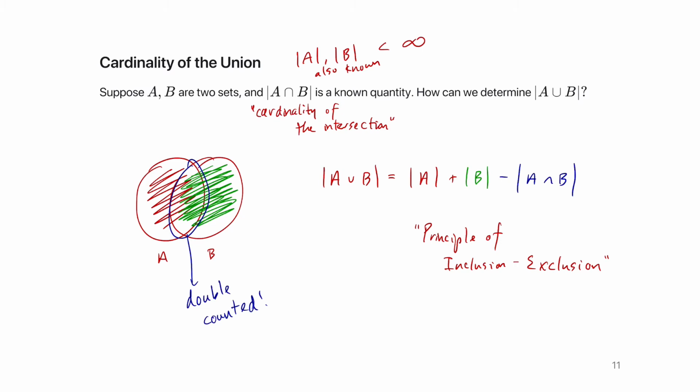And we can actually extend it to 3 sets or 4 sets or arbitrarily many sets. Actually, one of the questions in your homework this week will be to reprove this, but another question will be, can you derive the principle of inclusion-exclusion for 3 sets? And you'll do a similar thing. You'll add up the individual cardinalities, cardinality of A plus cardinality of B plus cardinality of C, and then you'll have to look at what was double counted. But there will actually be another step. But I'll save that for the homework.